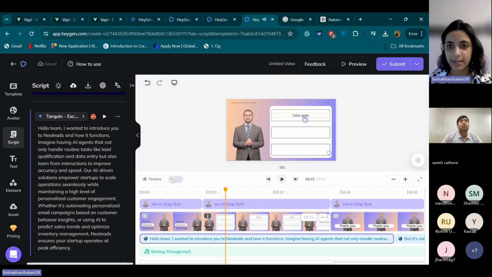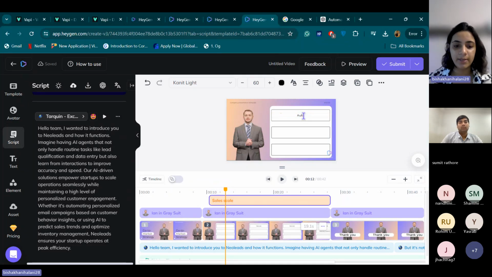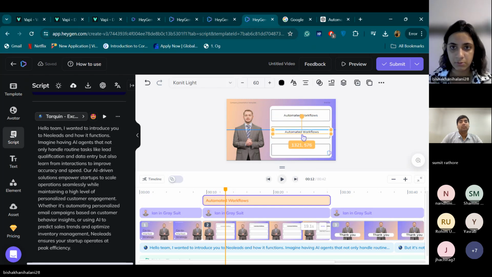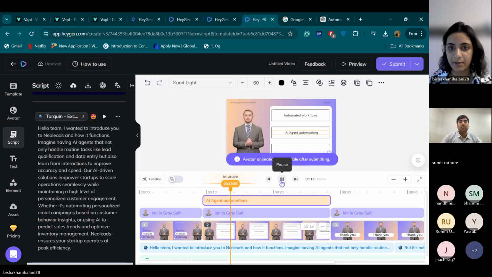Now here we can add maybe about my feature, automated workflows or streamlining workflows. Or here I can try maybe our AI agent automations, or anything like those. I can just write the key features here and it will turn out like a